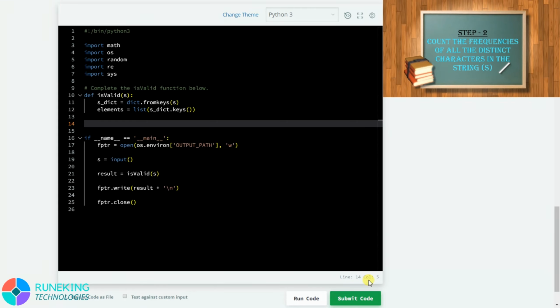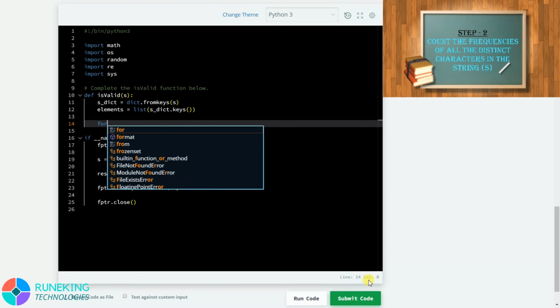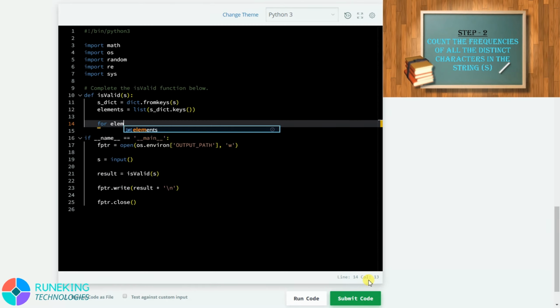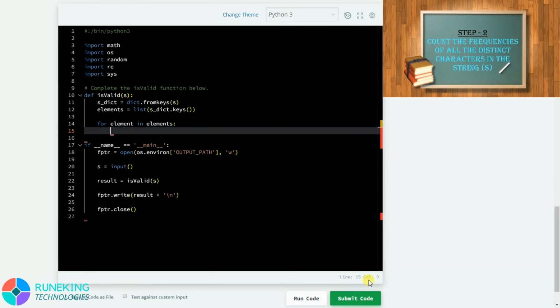Now our next step is to count their frequency, that is step number 2. For doing that we need to traverse through the elements, or you can say the distinct characters. For that we will use a for loop. For element in elements. Here we need to count their frequency. So we will put the frequency of the character as the value of the key of the dictionary.